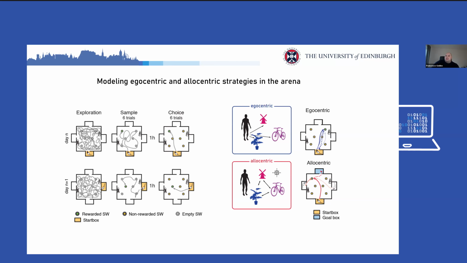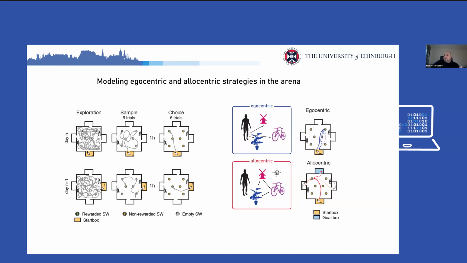After 1 hour to 90 minutes, we test whether animals have learned which one is the rewarded sandwell. And if they are correct, they would essentially visit the rewarded sandwell first. And session over session, we change the position of the rewarded well by randomly selecting one of the 6, and that goes on for several days. On this overall structure, we are able to have animals use either egocentric or allocentric strategies by modulating how they solve the task and which starting points we're using for each session.